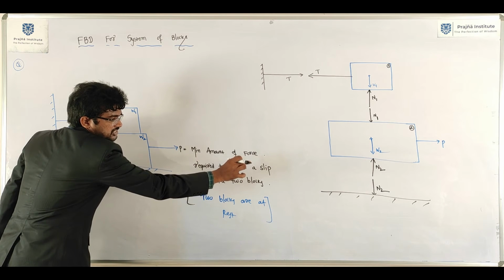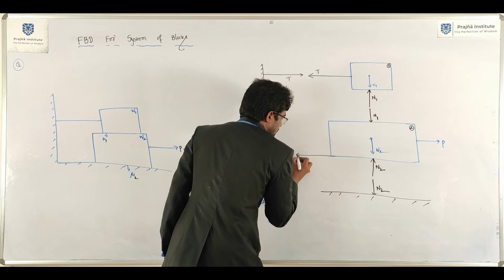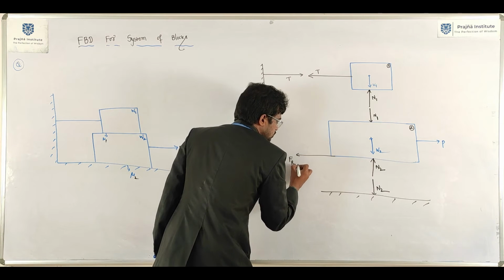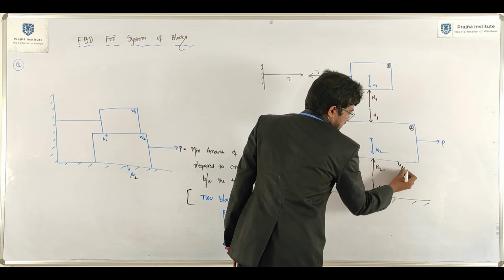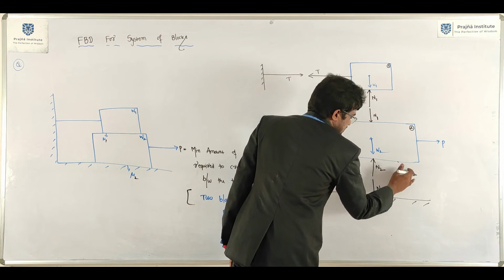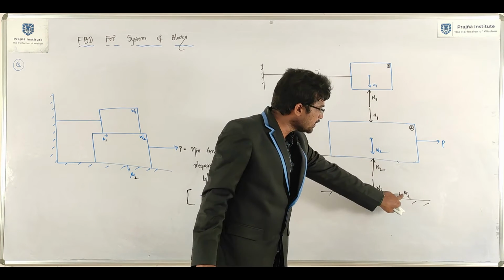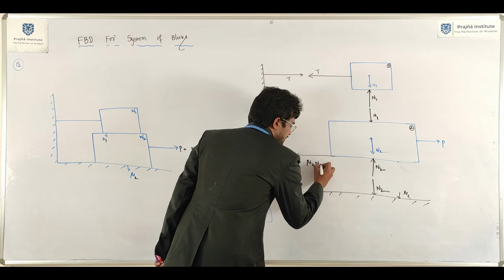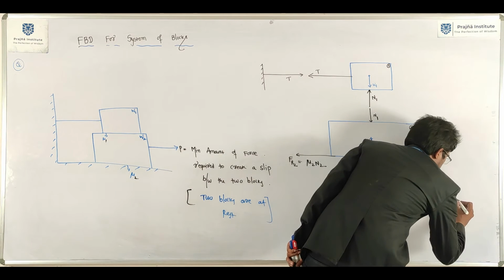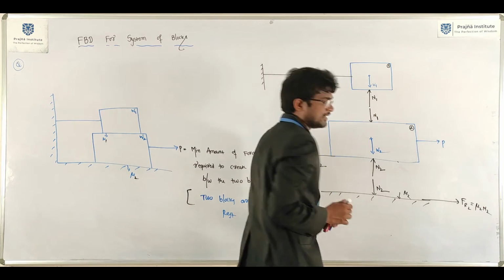That means frictional resistance will be acting opposite to the direction of that. Here Fr2 is equal to whatever the friction at the contact surface. What is the friction present at the contact surface? Mu2 into normal reaction, mu2 into N2, so the relative friction Fr2 equals mu2 into N2.